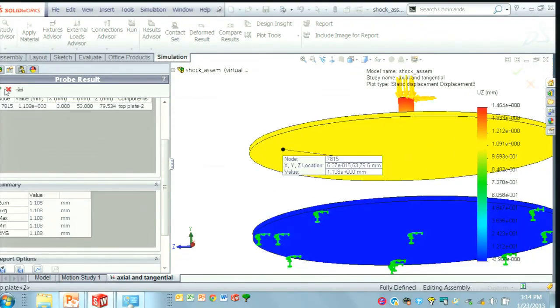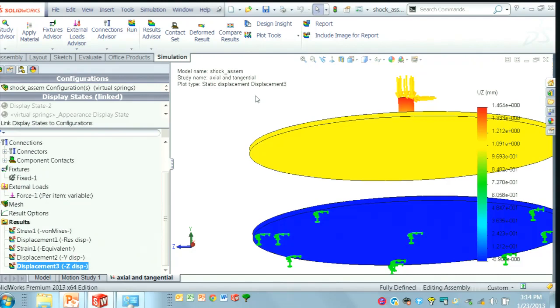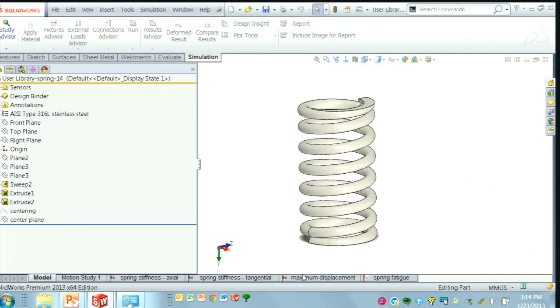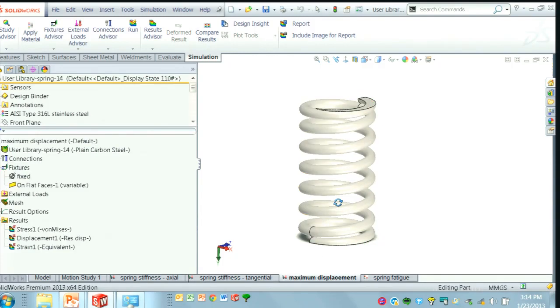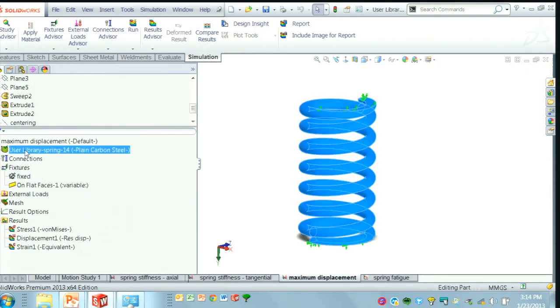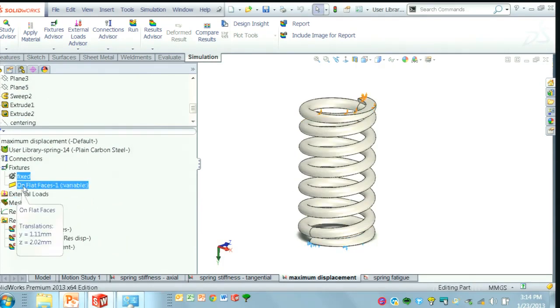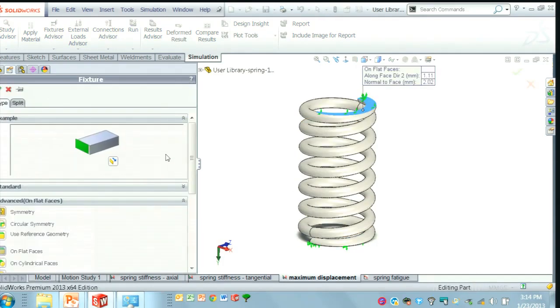So let's go back there. Okay, back to this model. Just have this one called maximum displacement. Again, really simple. This is a plain carbon steel spring, totally fixed at the bottom. But now on the flat faces boundary condition,